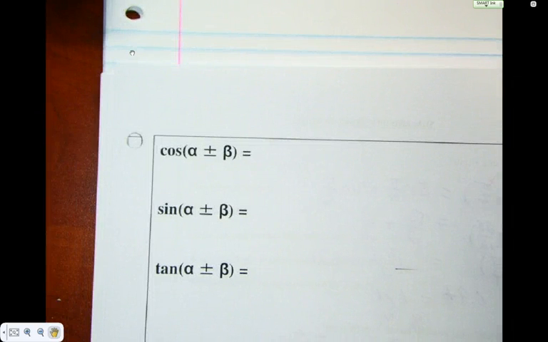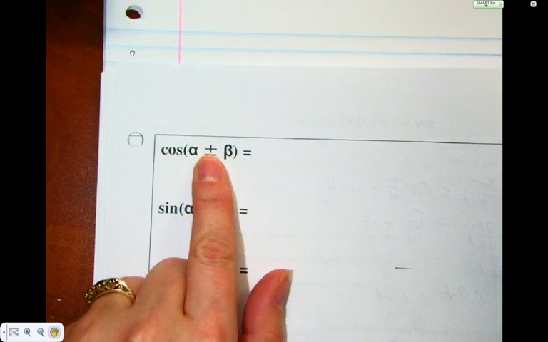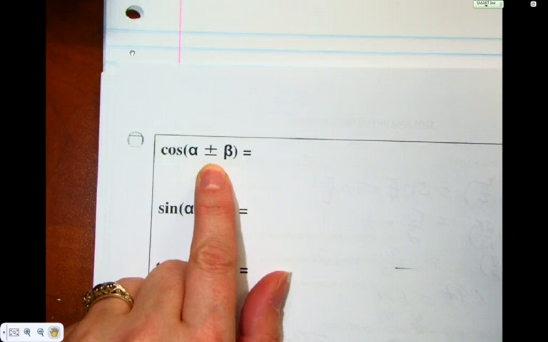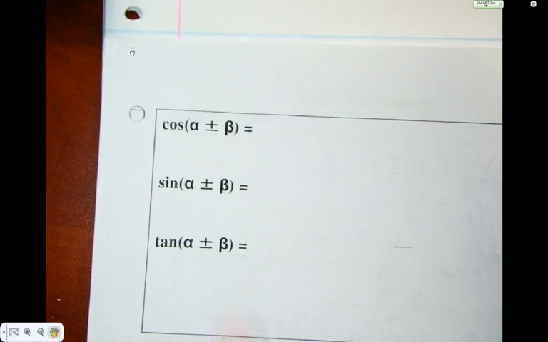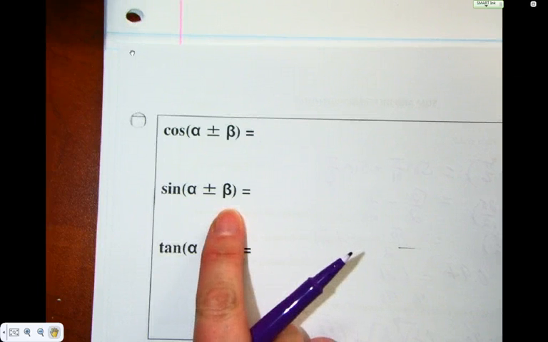So we write the sum and difference identities together just because mathematicians are lazy and we don't want to write formulas twice. So the top is when we're adding, the bottom is when we're subtracting. Adding, subtracting, adding, subtracting, and I'll show you the other side in a second. I'm going to go sine first because that's the one that we just proved, and we just proved that sine